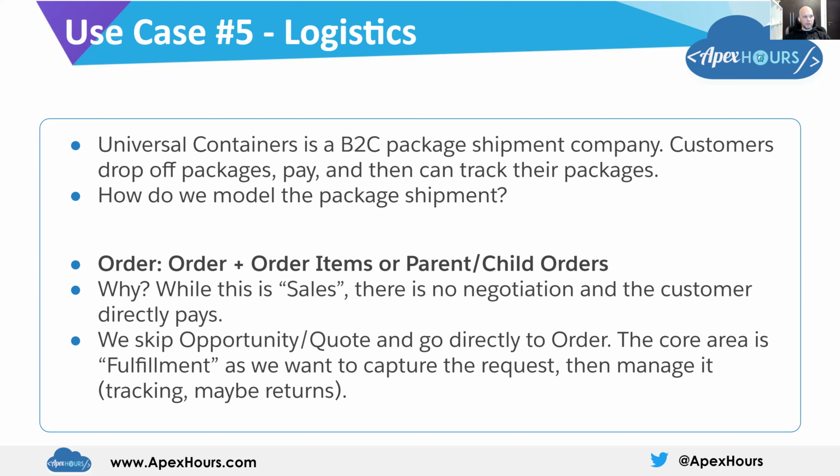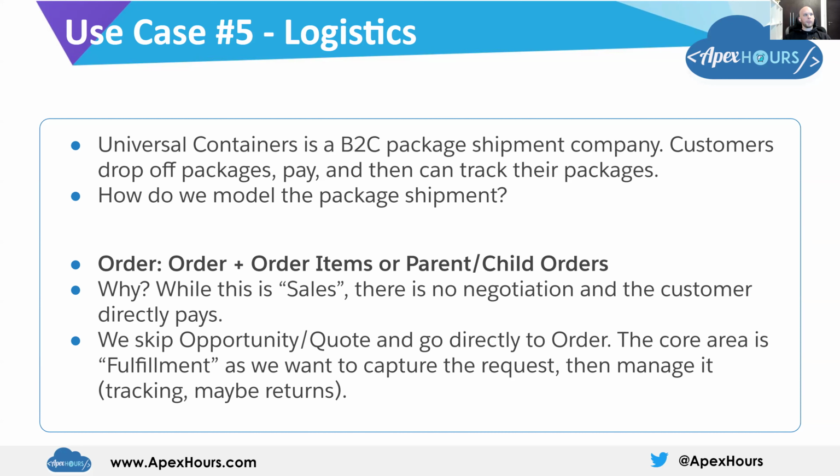When the customer drops off the package and pays for it, they're basically saying, okay, I want your service of shipping the package. I commit to paying for it by giving you cash. That's it. This is an order. We need to fulfill the order. So very similar to that Uber example, we can use an order plus order items. If we can ship more than one package at a time, we could potentially do parent-child orders as well to